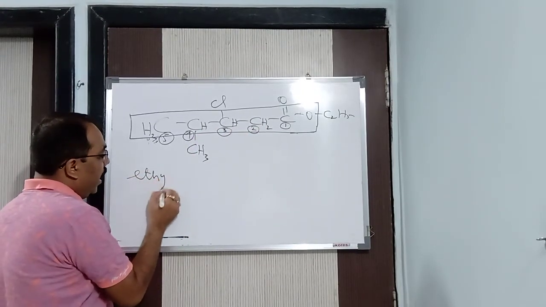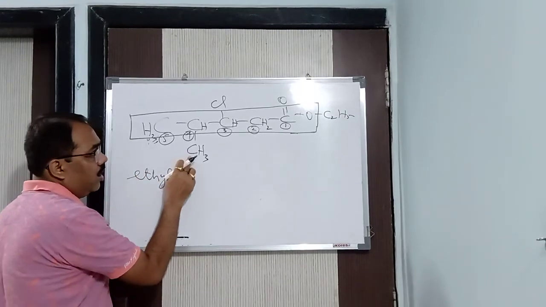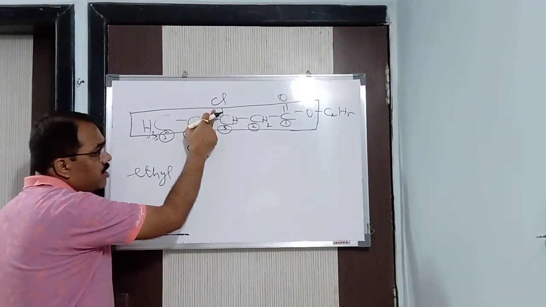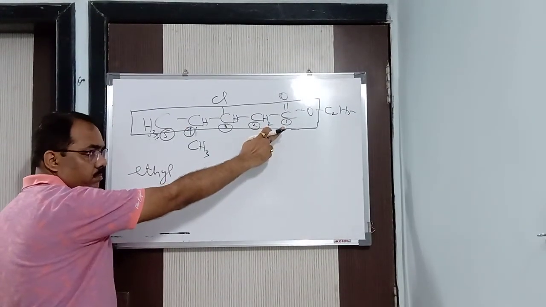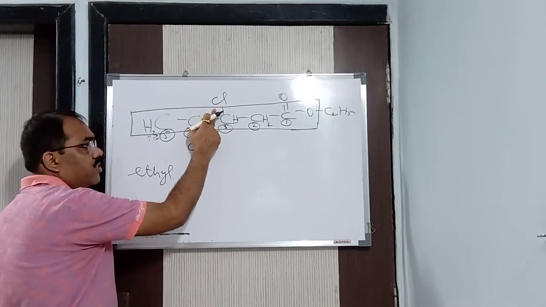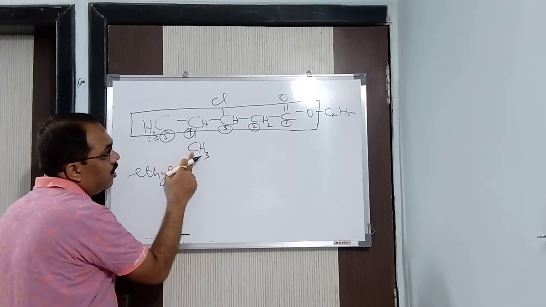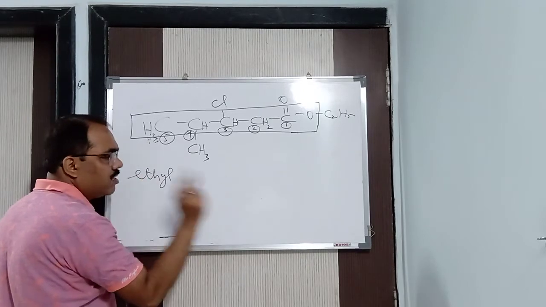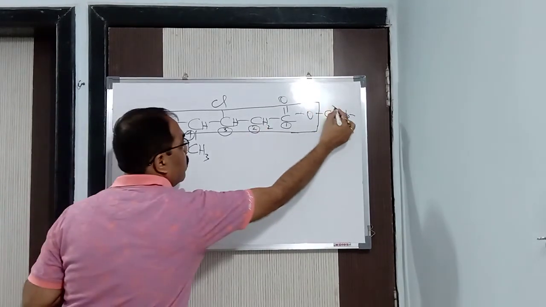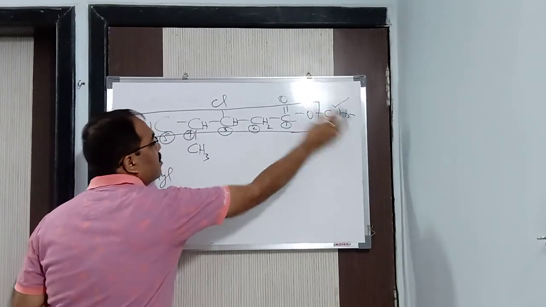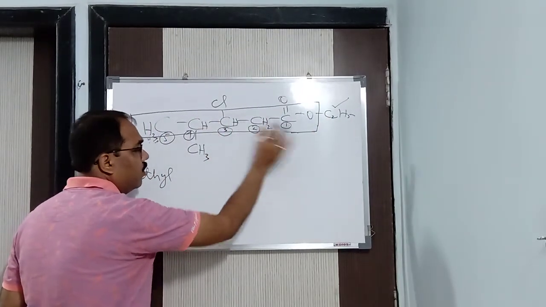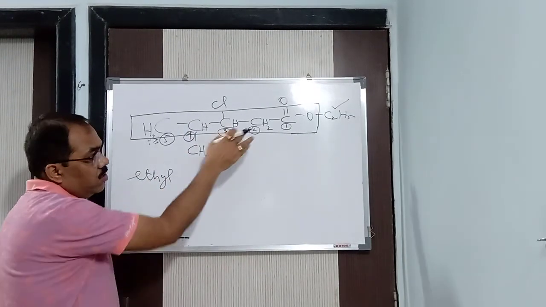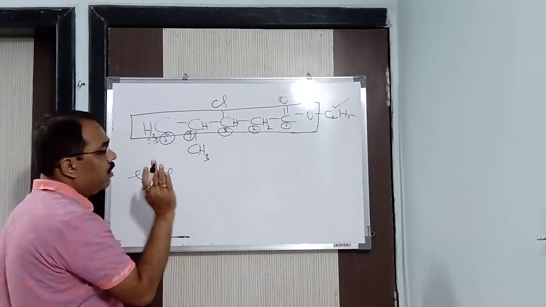Ethyl. No matter, listen carefully, no matter whatever the prefix is present here, if at all is present, if it is not present, it's well and good. If at all any prefix is present there, we are going to start from that prefix only. Alright, no matter whatever prefix is present here, like you may say, sir, here chloro is there, methyl is there, ethyl is there. According to alphabetical order, chloro should come first. No. No. In esters, first that particular prefix will come. This one is going to come first. Whatever the prefix is written here, whether it is methyl or ethyl or propyl or butyl, that I am going to write it first. Then I am going to see if at all any prefix is present here. Alright, so hence I will start from ethyl. Is it clear to you? Clear? So in this way, ethyl.